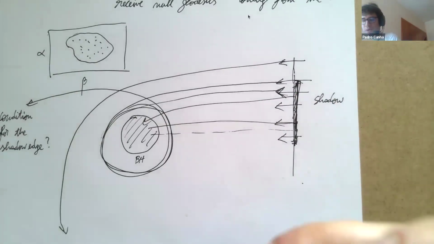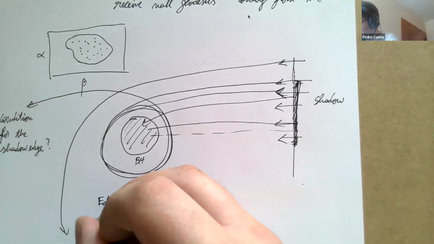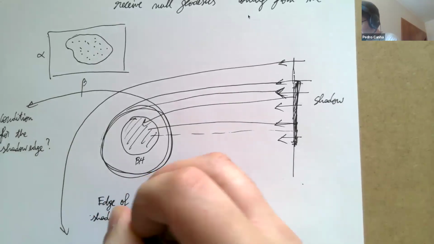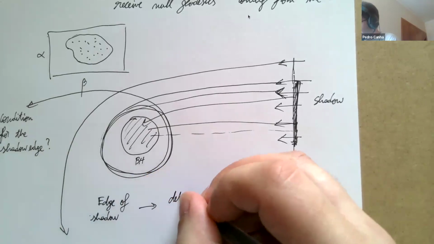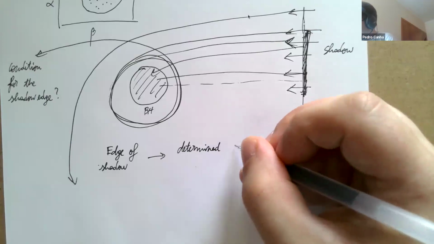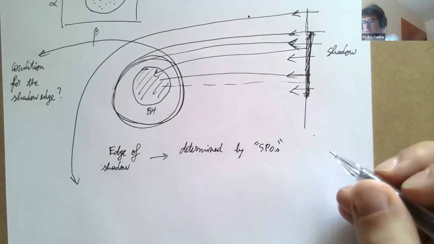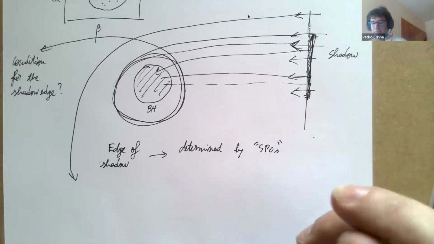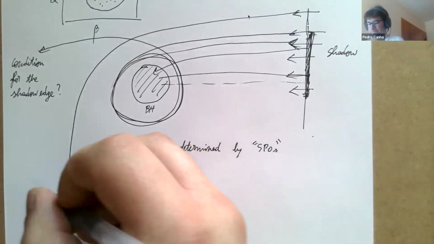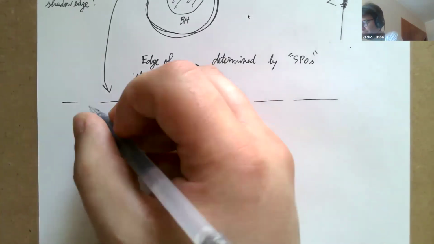So the key point is that the edge of the shadow is determined by the spherical photon orbits we discussed before, so orbits that have a constant radial coordinate in Boyer-Lindquist coordinates. Now, if the black hole is very far away,